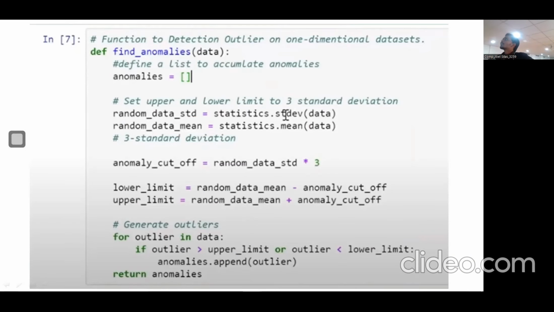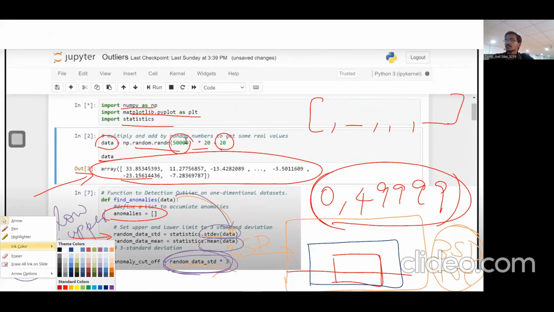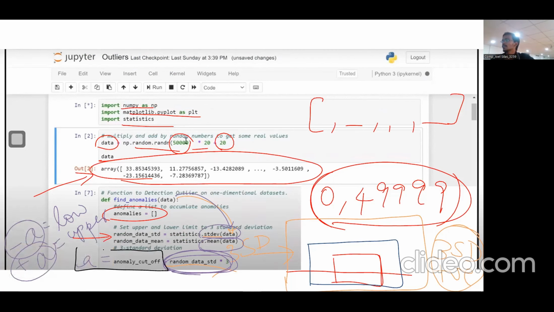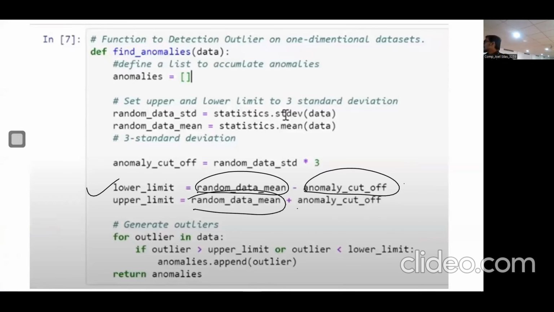So also, if we find out the anomaly cutoff over here, in the previous slide was what? I have called it as A, but actually that A is nothing but anomaly cutoff. I have written here, see, I have written that A is equal to anomaly cutoff, which is thrice of standard deviation. I've written it here. So instead of anomaly cutoff, I called it as A. So here, whatever mean is there, minus the A will give us the lower limit,